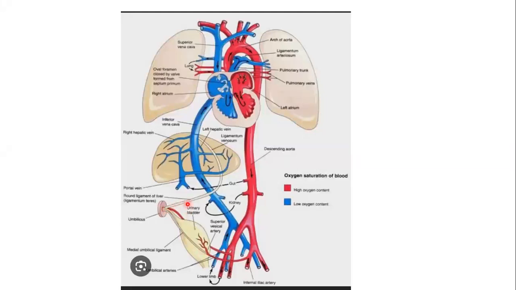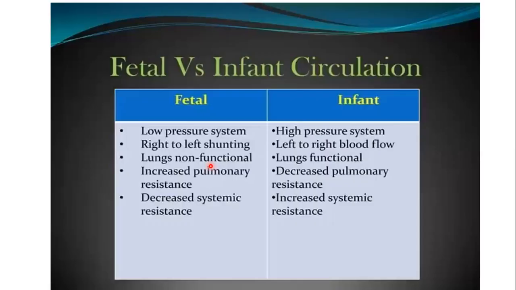Then this is the previous umbilical vein, which forms the ligamentum teres, and then the previous ductus venosus becomes the ligamentum venosum. Then the ductus arteriosus becomes the ligamentum arteriosum. Hope this is clear. This is just to highlight a few points between the fetal and the